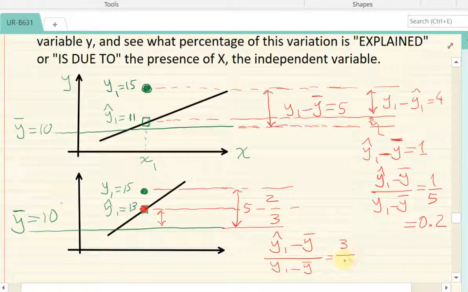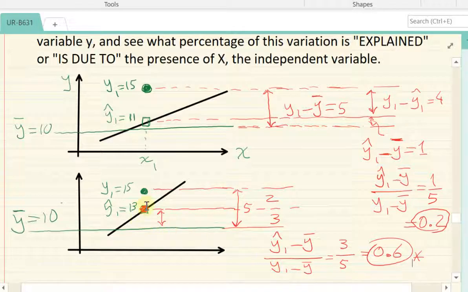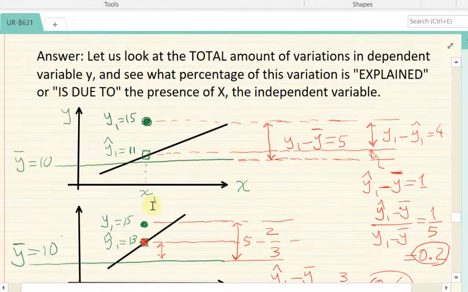3 divided by 5, or 0.6. Look at this number, look at that number. The higher number is a better number. Better in the sense that, look at the regression line. The line is closer to the actual value. Okay, so this is a better fit. So this is going to be the basis for our